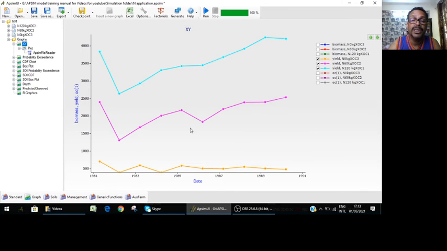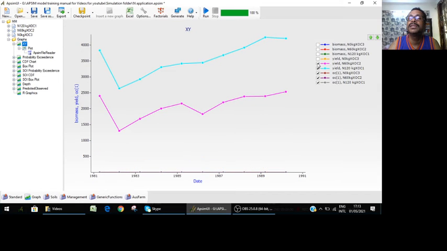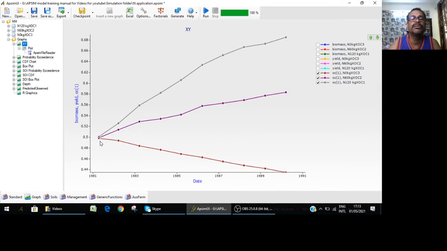Do they have an effect on soil organic carbon? Let's check it out. So let's see all the three, unclick it. You can see that with increase in nitrogen application, the biomass and grain yield increase, and so does the soil organic carbon. Where 120 kg nitrogen is applied, this is the plot. Where 60 kg or no nutrient, it has come down.